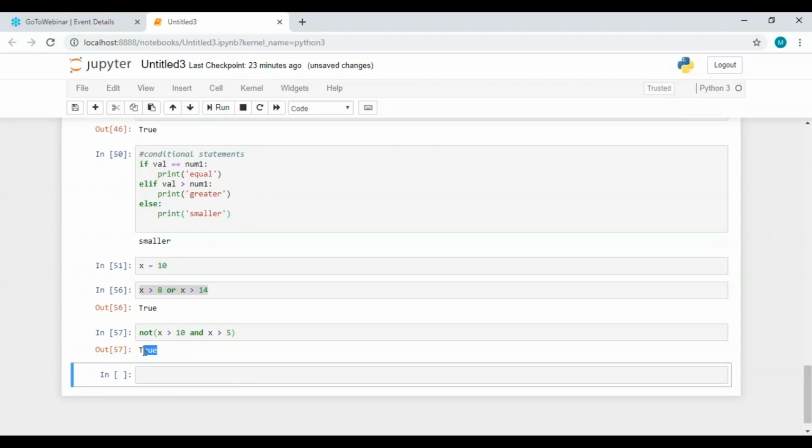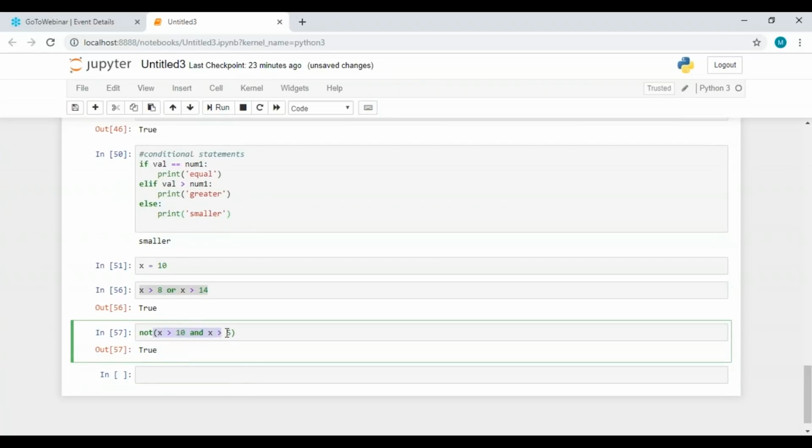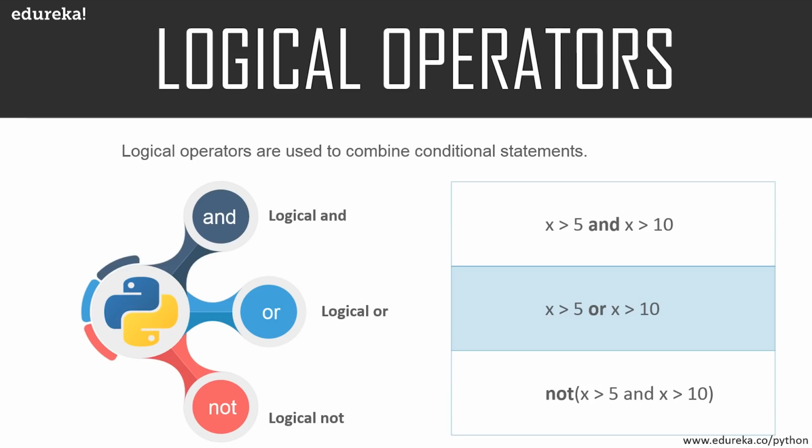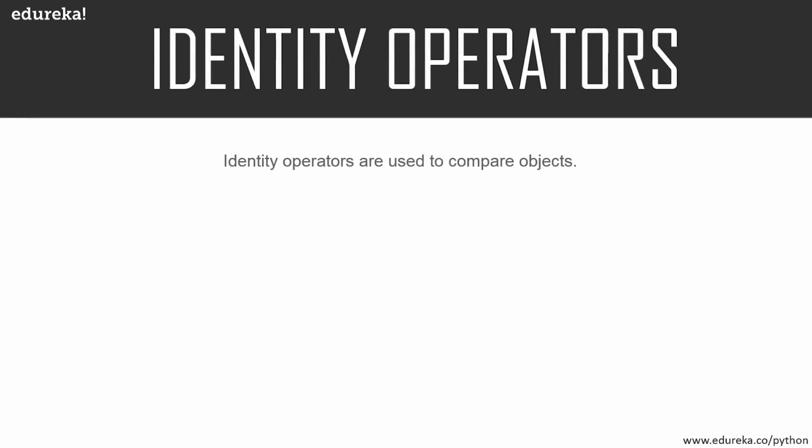I'm getting true as the output here because this statement is negated over here using the NOT operator, and we are getting the opposite value that we should be getting for this statement. So this is the purpose which is fulfilled by using the logical NOT operator that we have in Python. So now that we are done with logical operators as well, let's try to understand what are identity